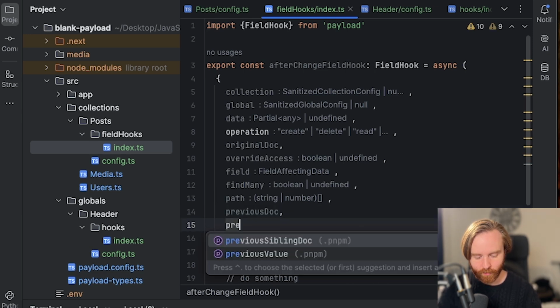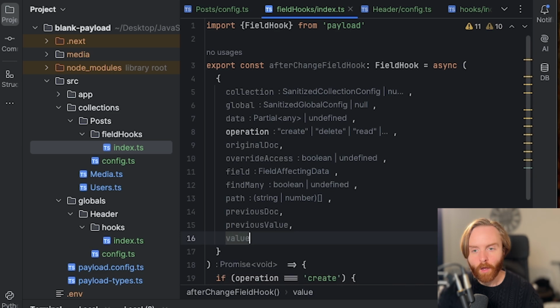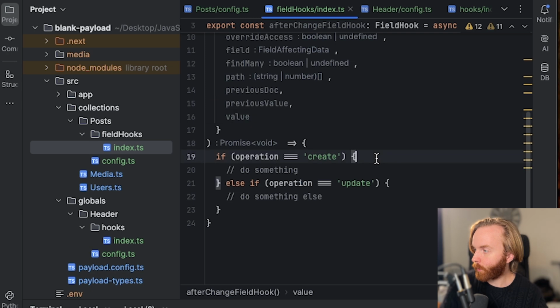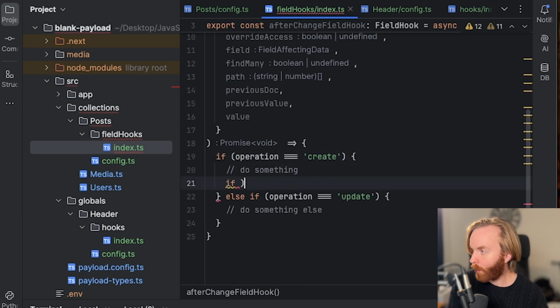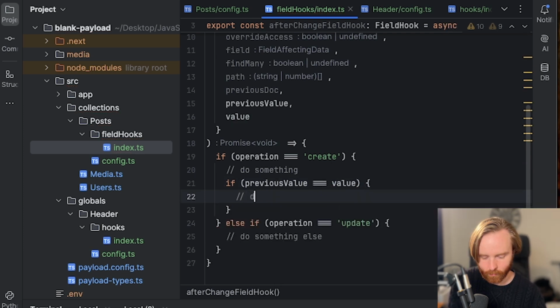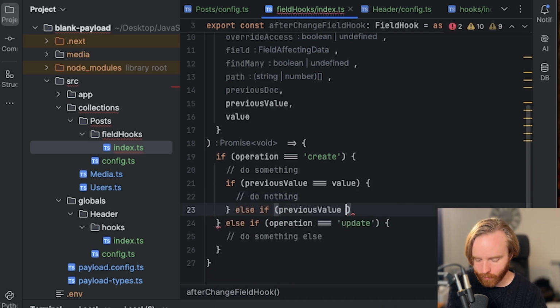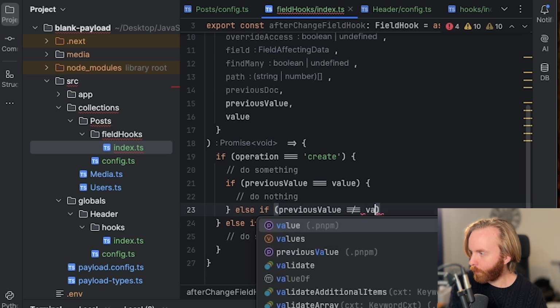You can use previousValue to see what the previous value of the field was in the beforeChange and afterChange hooks. Using value, you can see the current value of the field. This allows you to do conditional logic to create branches of behavior based on the results of the check. So another example here: if the operation is create, do something. If our previous value is equal to value, then we can have this do nothing. Else, if previous value, just to state this explicitly, is not equal to value,